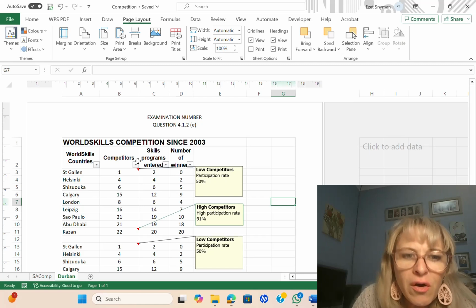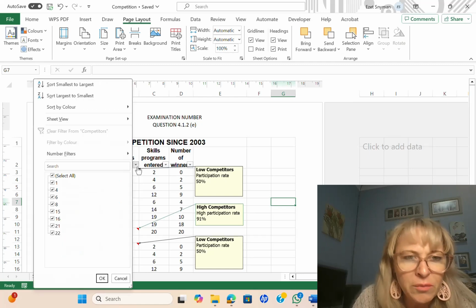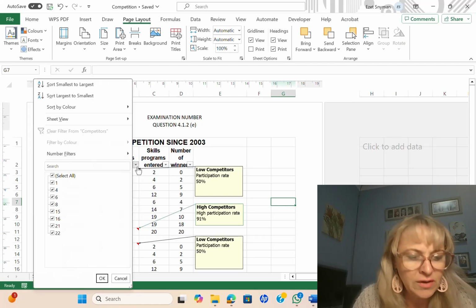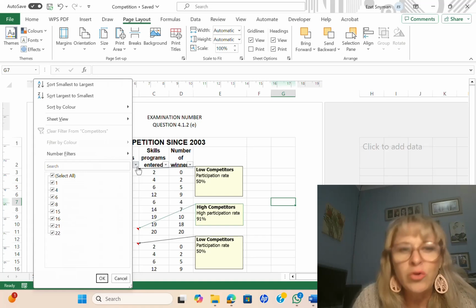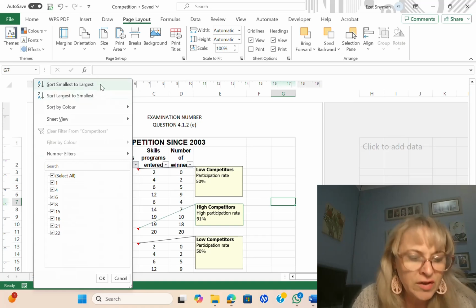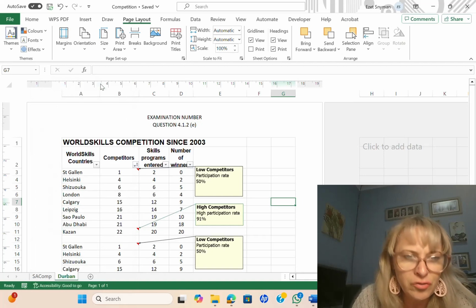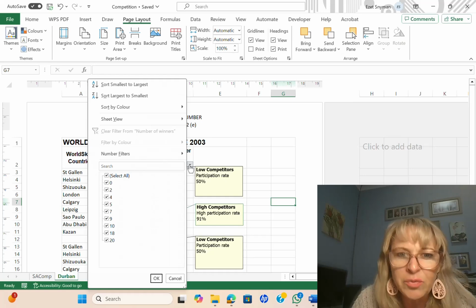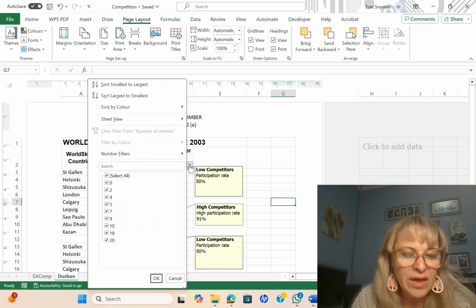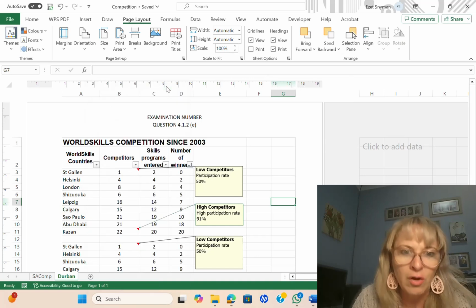So on the competitors drop down filter, because the filter is still there, or you just go right click, filter, then we choose that first option that says competitors smallest to largest, and then we go to number of winners, which is column D, and they want again smallest to largest.